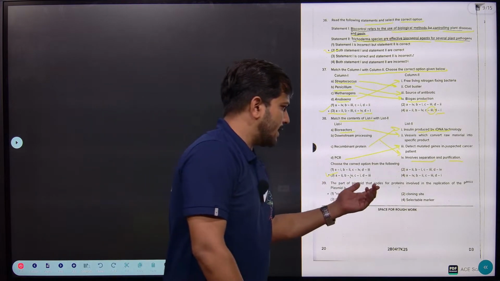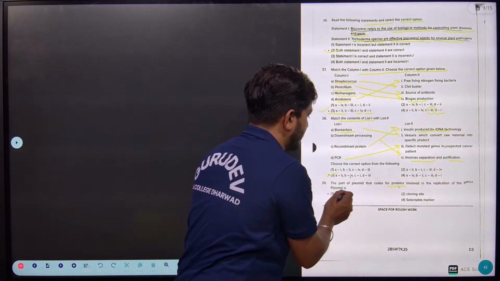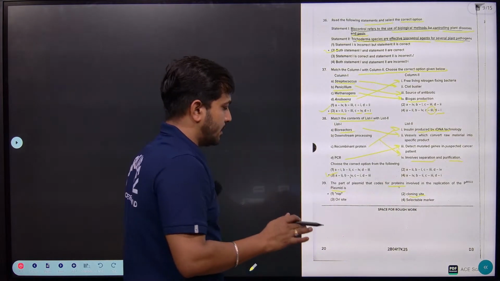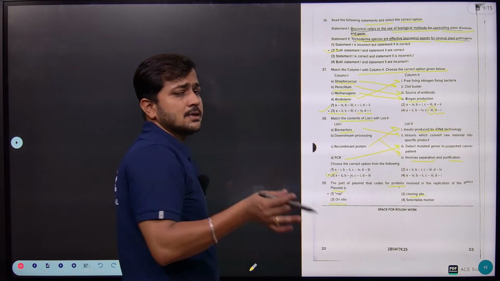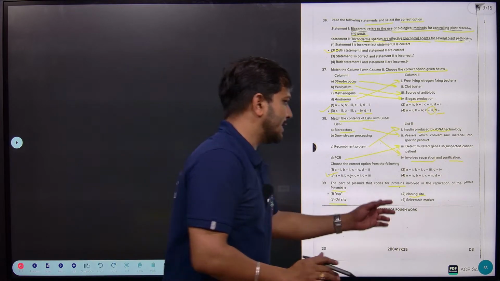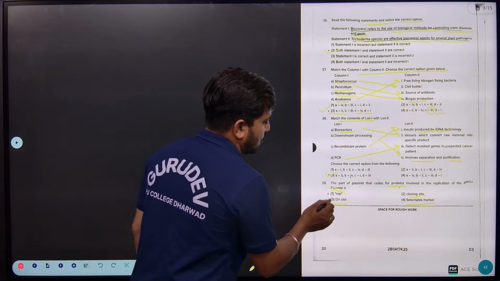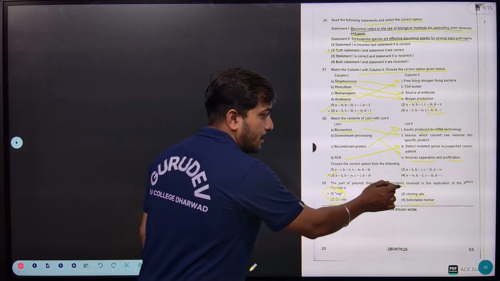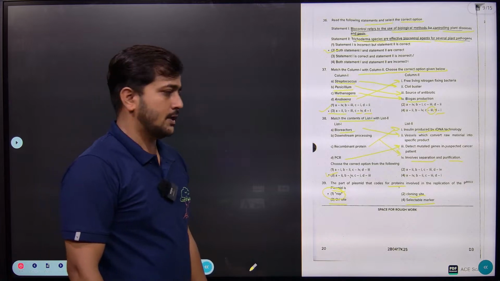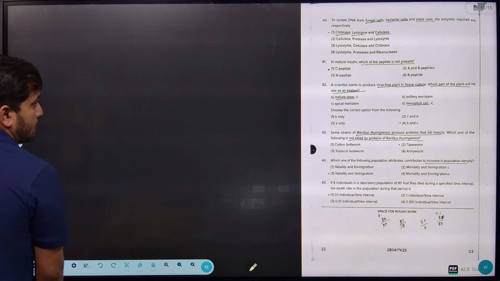Then the part of a plasmid that codes for protein and is involved in the replication of what? The pBR322 plasmid, right. Majorly you consider the cloning site where I am going to add the gene of interest. Then ori, which helps in replication, but it won't code for any kind of protein. Then selectable markers, which we call antibiotic resistance genes, right. So here the answer is rop, right, rop, which codes for protein and is involved in the replication of this pBR322. pBR322 means the plasmid of Bolivar and Rodriguez.